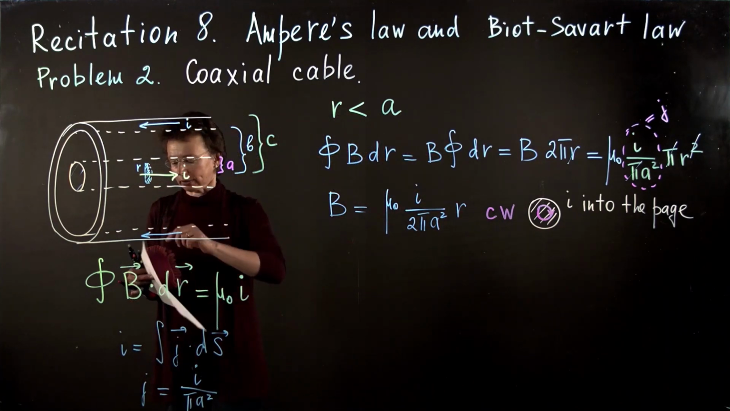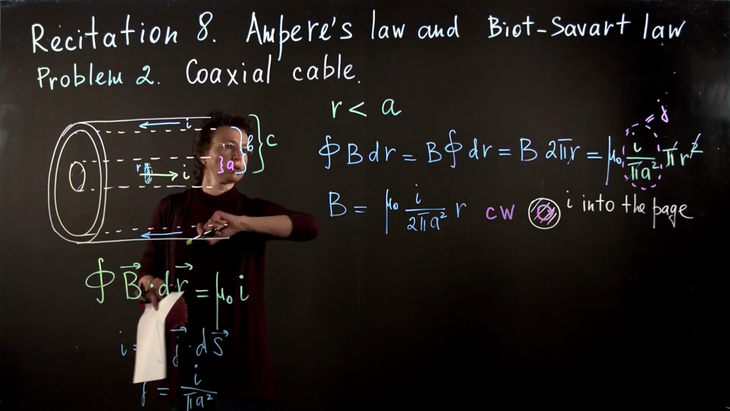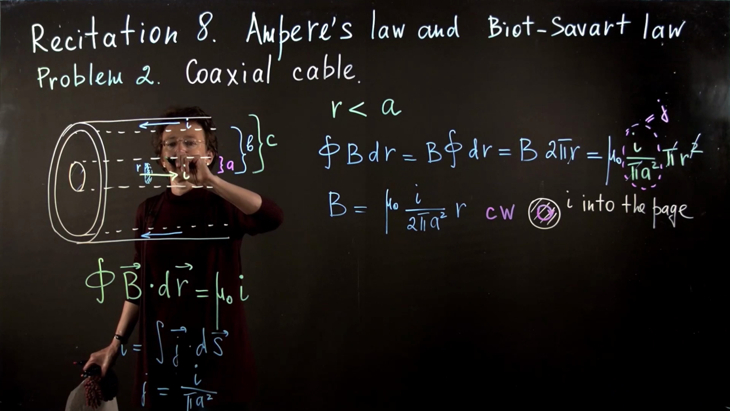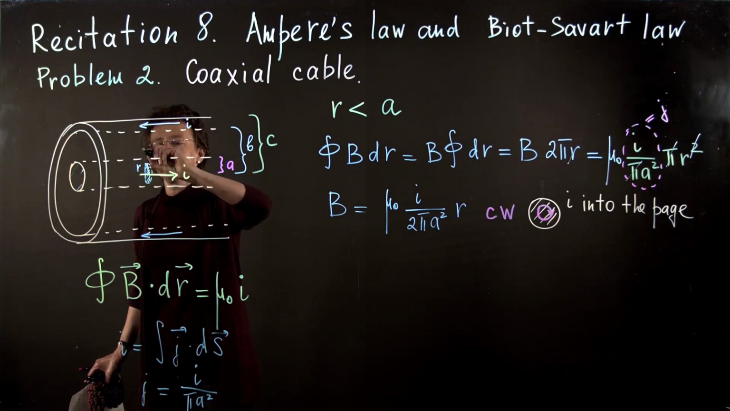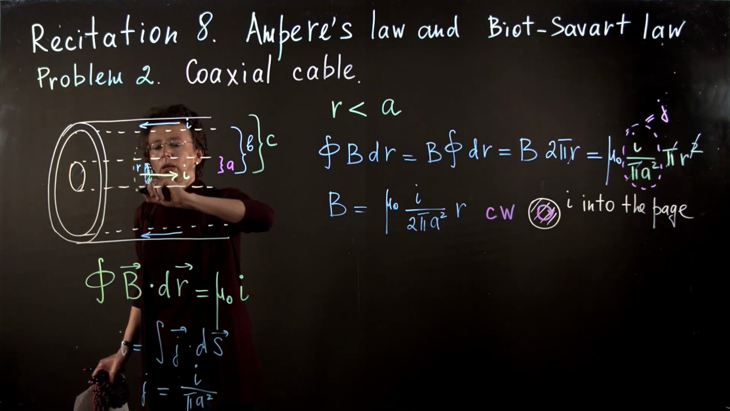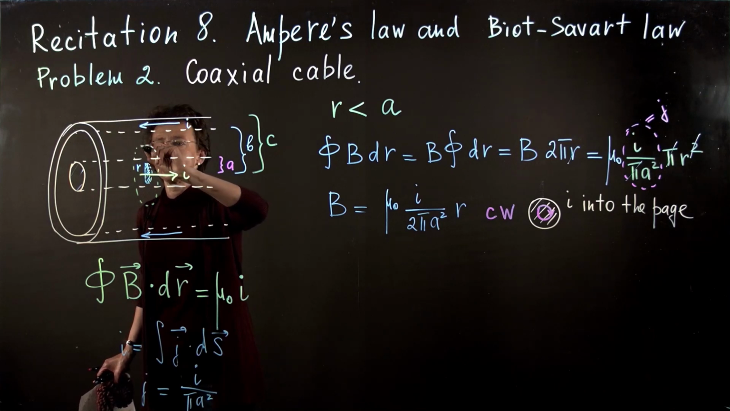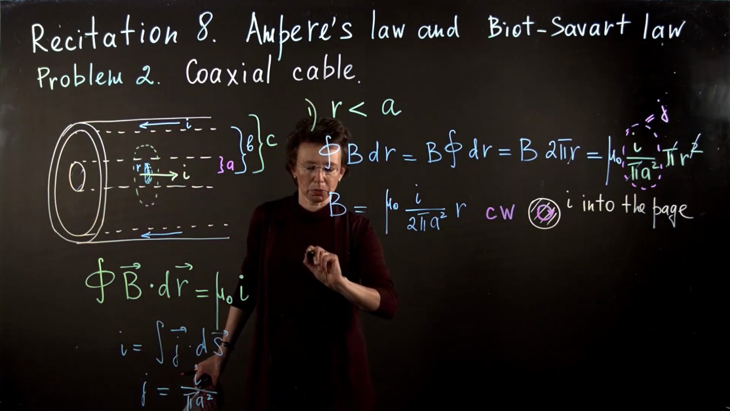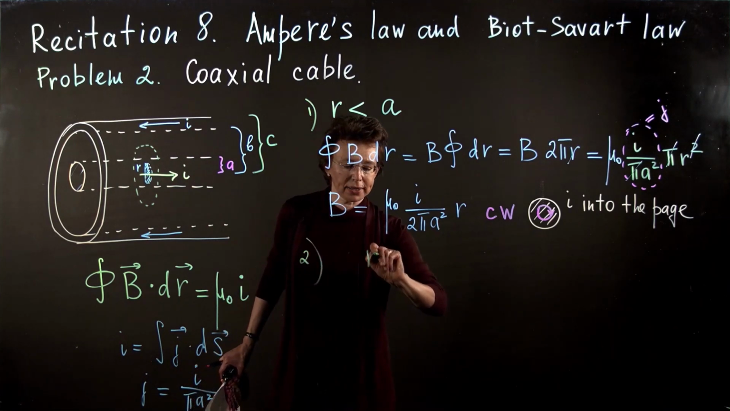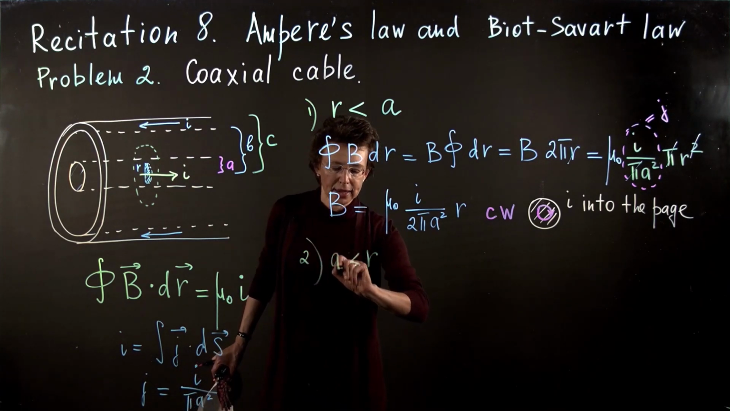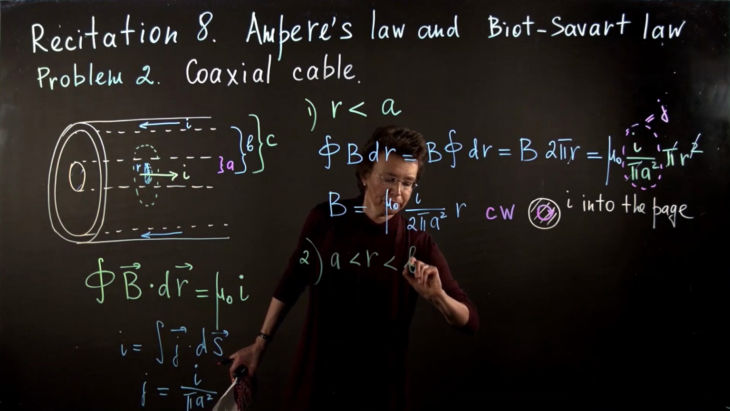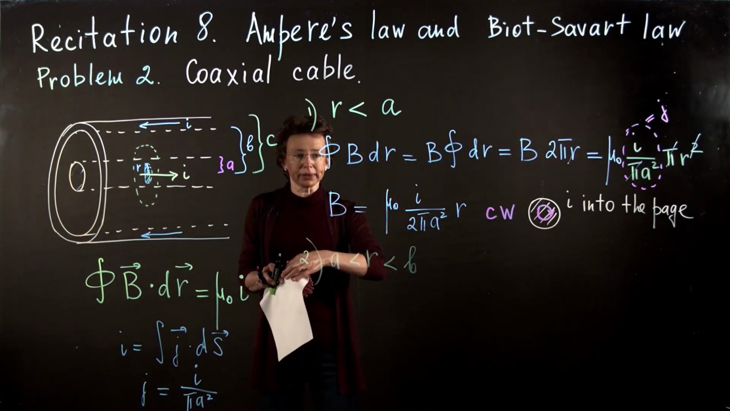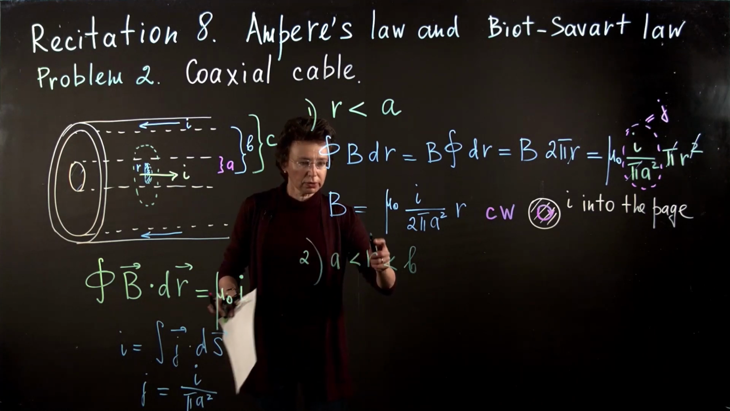We were at R less than A, and now I will draw another loop. Now we are at R between A and B. So that was 1. Let's put 2. R is now greater than A and less than B. We will use again Ampere's law. Integral B dot dr